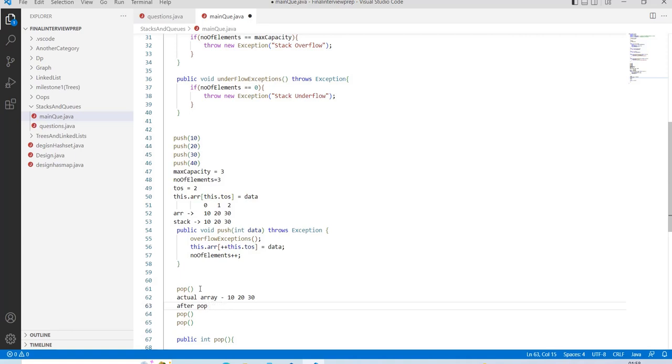So after pop, the top of stack will be removed. That is nothing but 30 should be removed, right? Generally, 30 should be removed from the actual array. And 30 is the top of stack, pointing towards index 2. So what we will do is get this element, let's say as temp, 30,